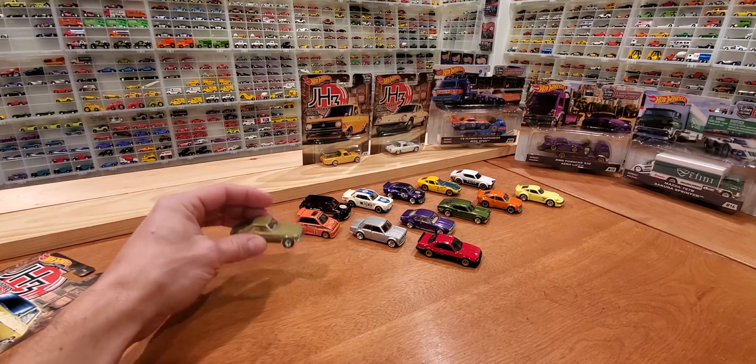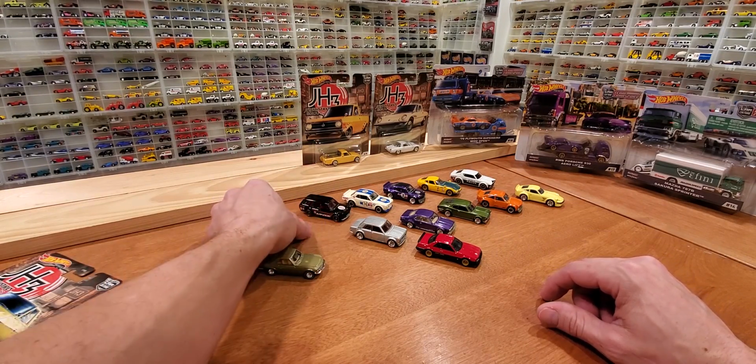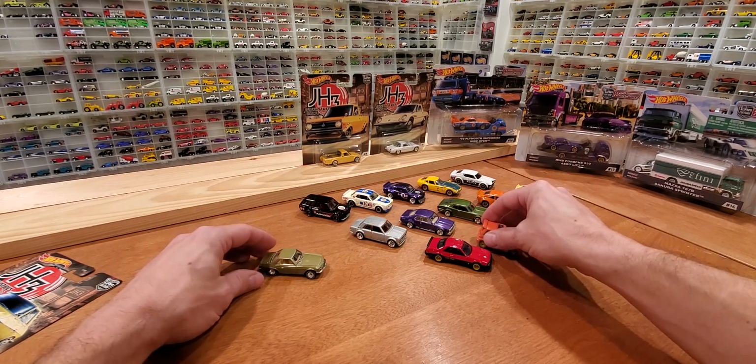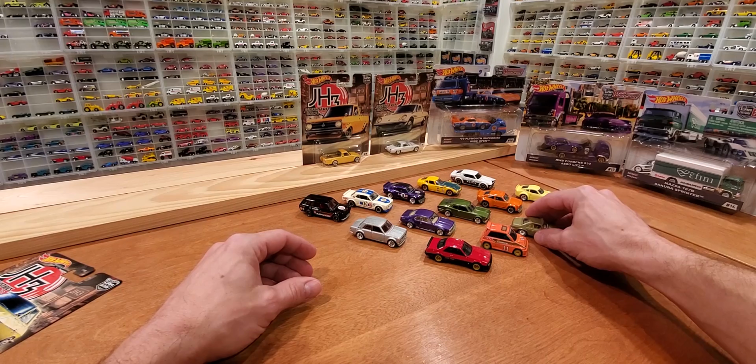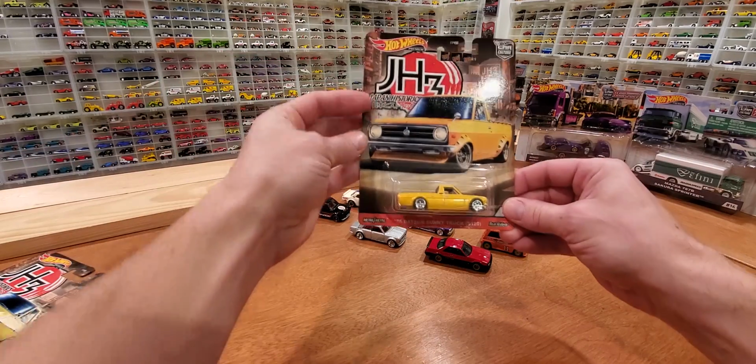Let's just back way out here. Let's see if we can't get these lined up a little bit nicer for my parking array that I was hoping to do. We'll just go like that, I guess, in order of 1 through 5. And the next one,